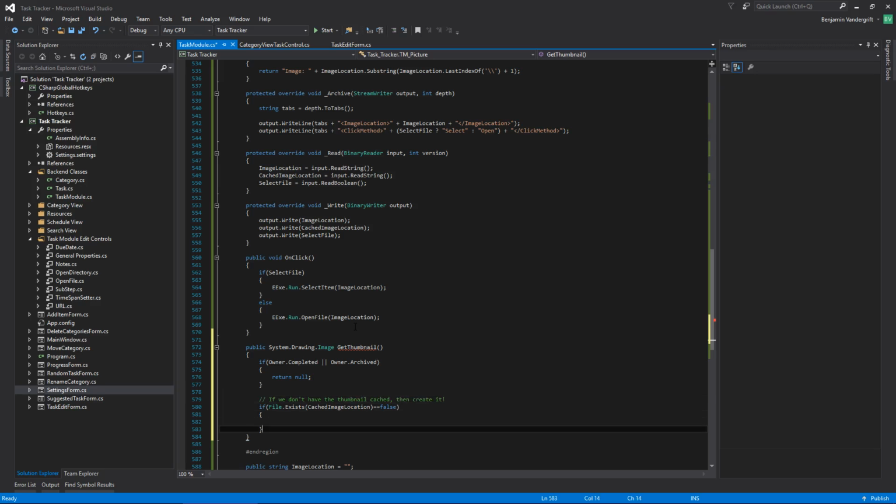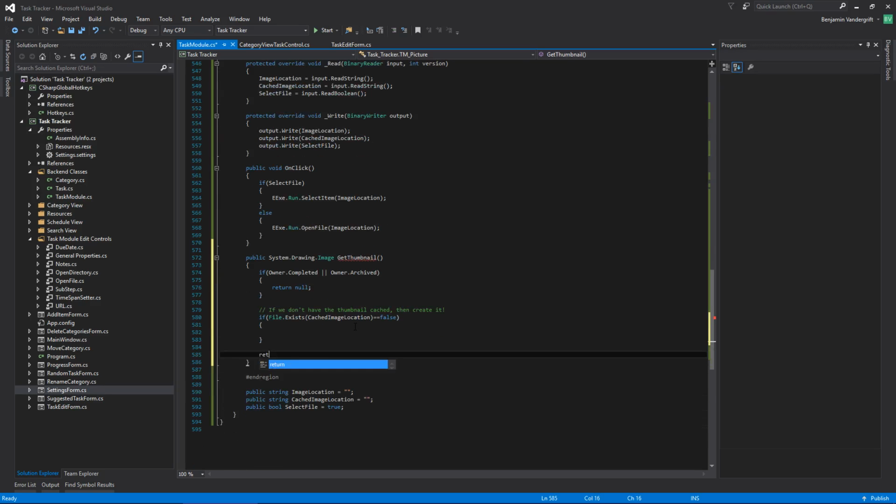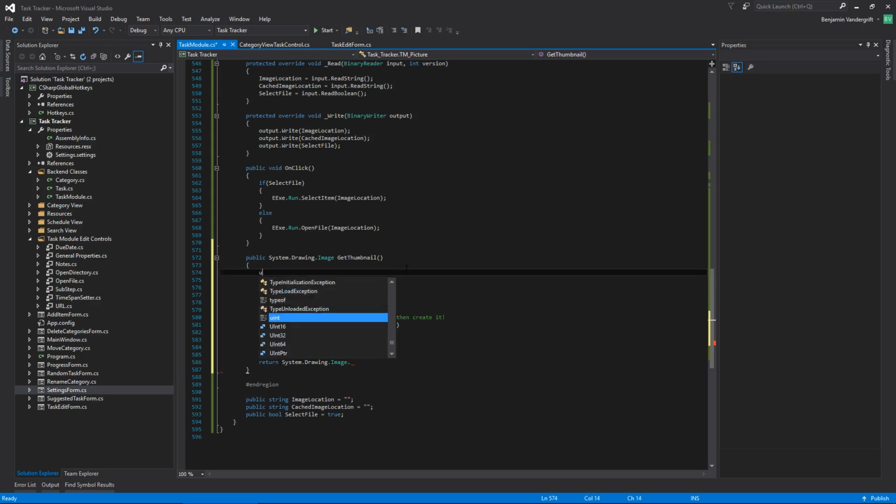Okay. And then this should just return system.drawing.image. Okay. So I'm going to put a using system.drawing.image here. Can I not put a using directive in the middle of